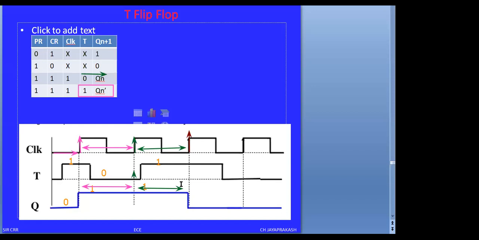The previous state of q is 1. Previous state of q 1 ఉంది కాబట్టి this will be 1 will be toggled to 0, and this will remain same until this clock pulse. ఈ clock pulse అయ్యేంత వరకు కూడా same value మనకు అవుట్పుట్ లా కనిపిస్తుంది. Even though the input value t is changed from 1 to 0, 1 to 0 change అయింది. ఈ 1 to 0 change అయినా this is not reflecting in the output.